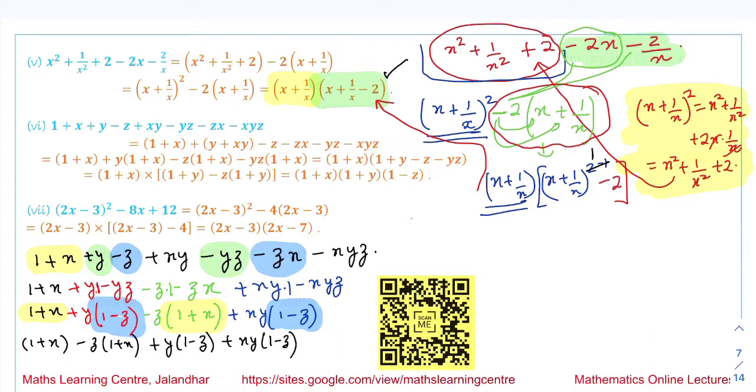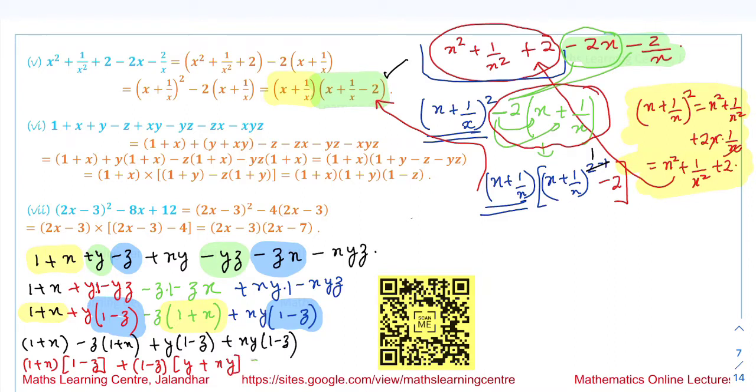So we take 1 plus x common from this first term, and we are left with 1 minus z. Next we take 1 minus z common from this term, and we are left with y plus x into y,